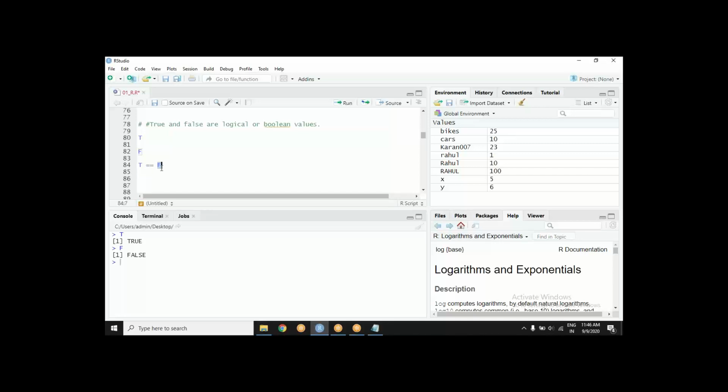I'm asking whether this side is exactly equal to this side. Whether false is exactly equal to true. No, true is not exactly equal to false. True means something, false means something else. So the answer should be false.